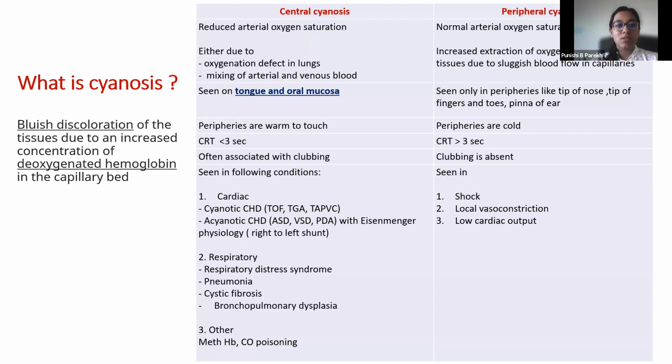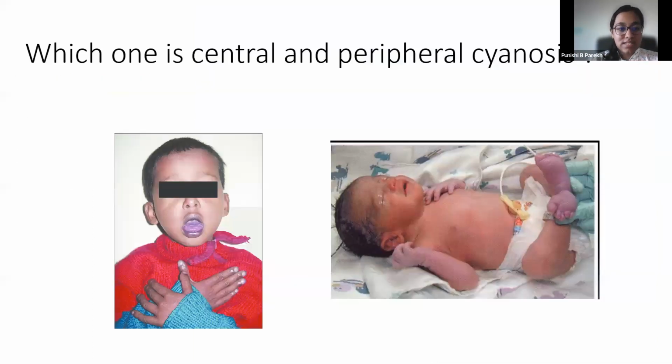So this is the difference between central and peripheral cyanosis. We ask you in your vivas, where do you look for cyanosis? What are the examples of central and peripheral? So that is why it's very important to know this. Now, having discussed that, you can see that this child has central cyanosis because if you look at the tongue,